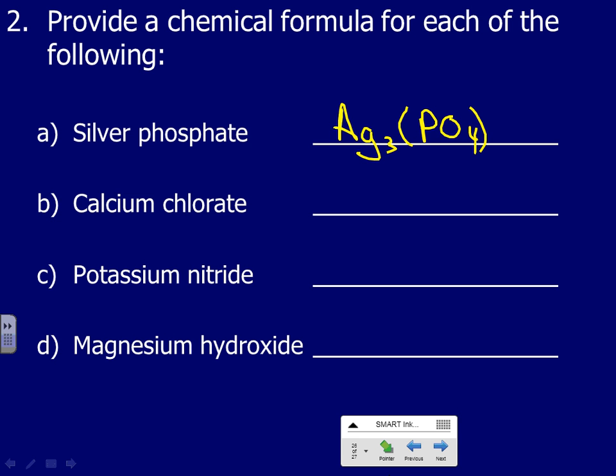How about this one? B. Yep, Marissa, what do you got? ClO3 bracket 2. So we got 1, and the calcium's 2, and we got to cross it over. I like it. Do you understand why it's like that? Get the hang of it. Calcium is +2 like it was the other day. On our table, we know the table will tell us that this is 1, and the 1 will go over there,